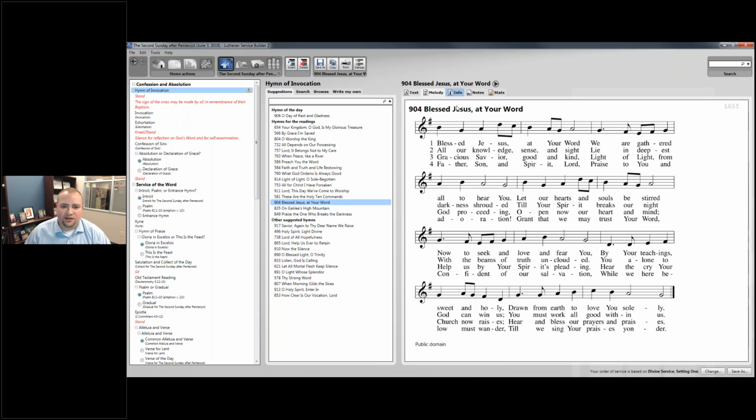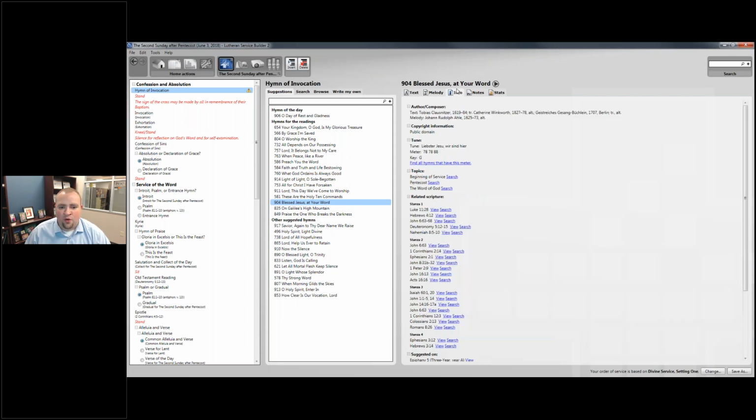But I want to draw your attention to this info tab here, where it explains all the significant details about this selected hymn. So the author and composer, the text, and the melody are detailed here. The text has several different people who are involved, both from a writing and a translation standpoint. This goes way back into the 1600s. Copyright information, public domain. The tune, the meter, the key, and then you start to see these blue links,